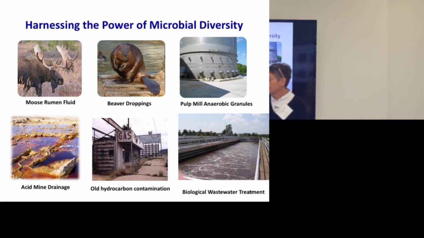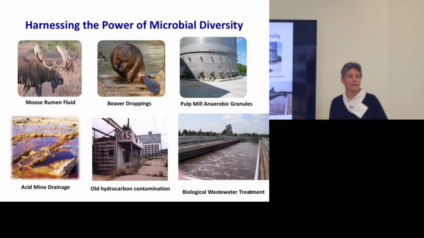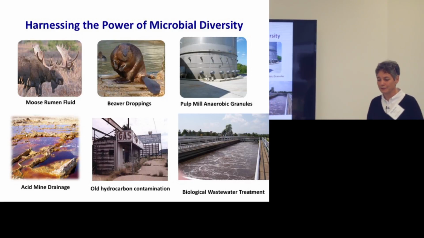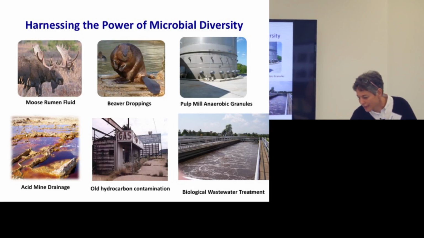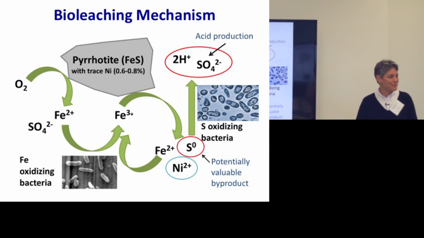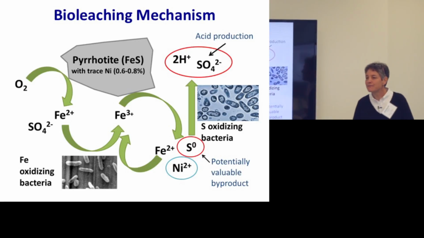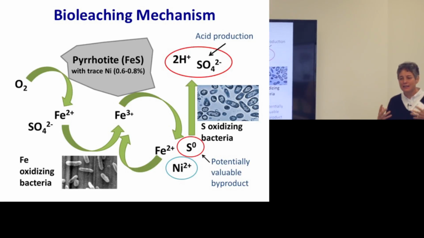And then the acid mine drainage problem that is also a microbially driven process in the environment. Is there a way to harness those microbes to help rather than to cause a liability? And so along those lines, a few years ago, Vlad approached me and said, well, we're working on this bioleach mechanism. We've got these pyrrhotite tailings, and we have these other kinds of things that still have a little bit of nickel in them. Is there any way we could enhance this leaching process?